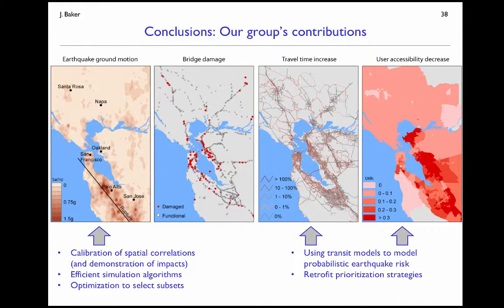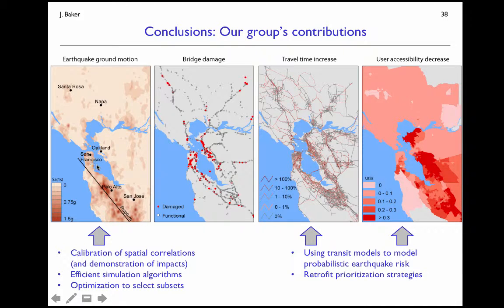Okay, so to start wrapping up, I'll pull up this four-panel plot again. So these are the different stages of analysis that we went through. A lot of this we tried to take some of those stages of analysis off the shelf and piece them together. There's some specific areas where we tried to make contributions, and I'll just highlight that to make clear where our group is working relative to this overall story that I told you.